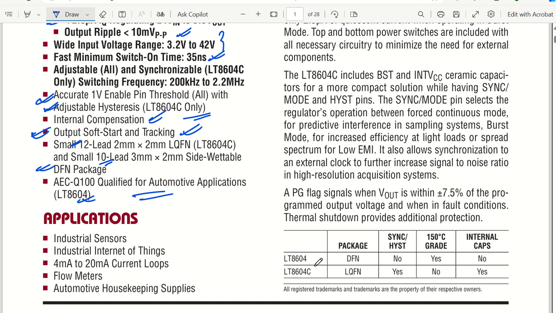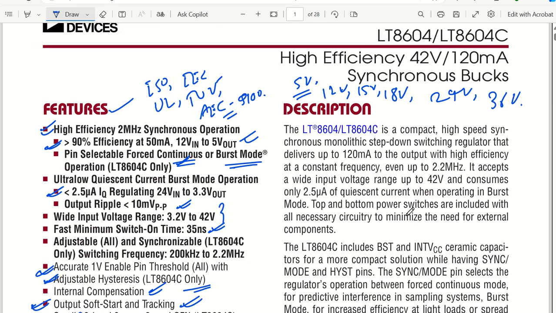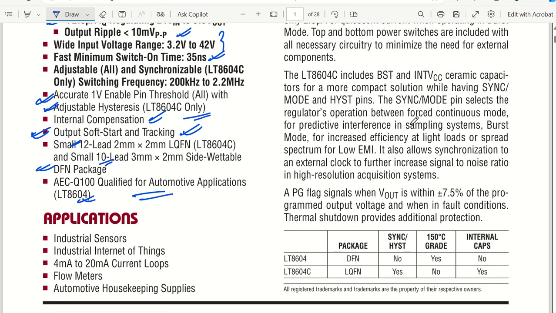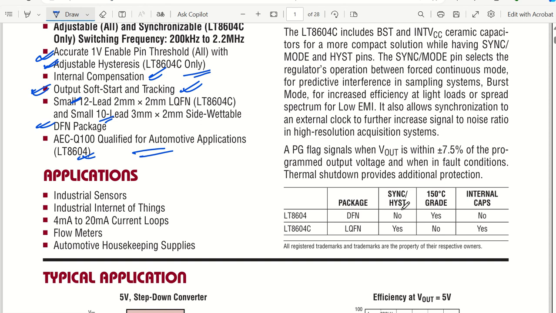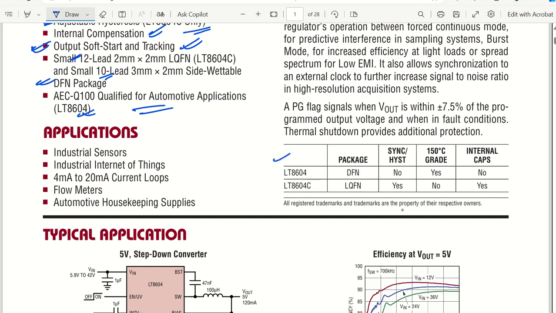So as you can see, we have the general description. So quickly, if you want, you can go through what the voltage ranges are, what the frequency ranges are, and what the different modes are that it is used in. Okay, and what the power good flag signal is that is going to come up. So those things are there, right? Now you can see very quickly here, we have the LQFN package and DFN package, and in the DFN package we don't have synchronization or hysteresis, but it is rated 150 degree centigrade, and it can be utilized in your automotive applications. Okay,